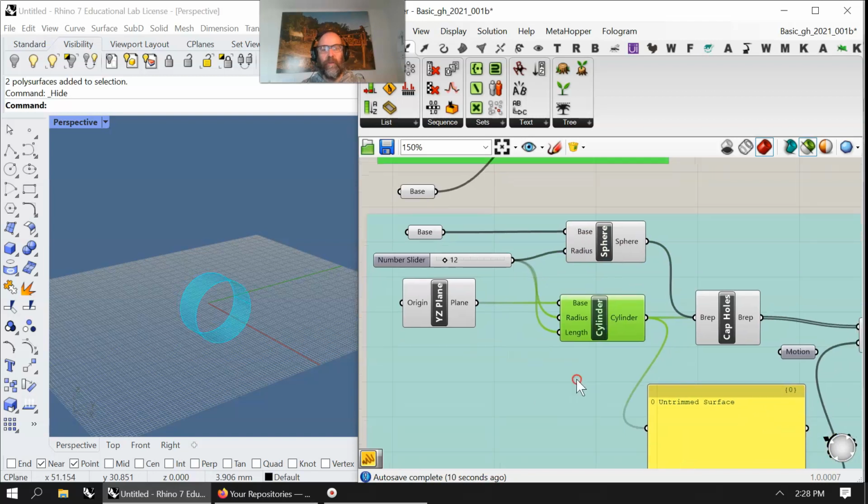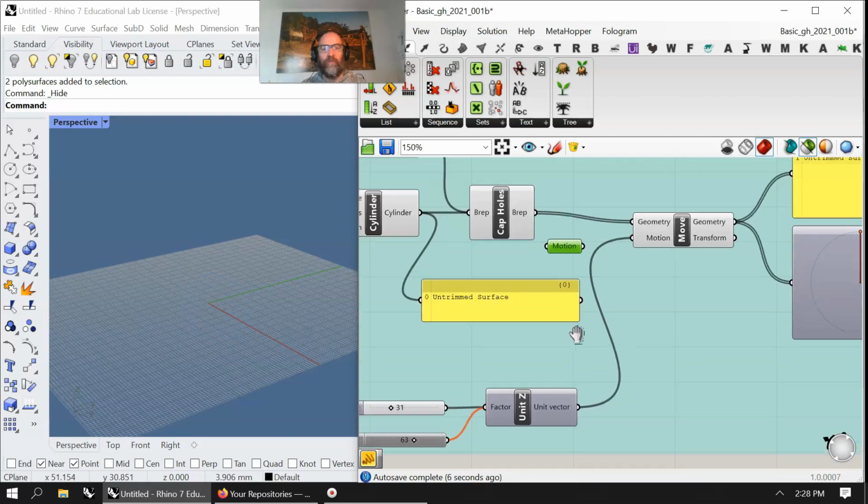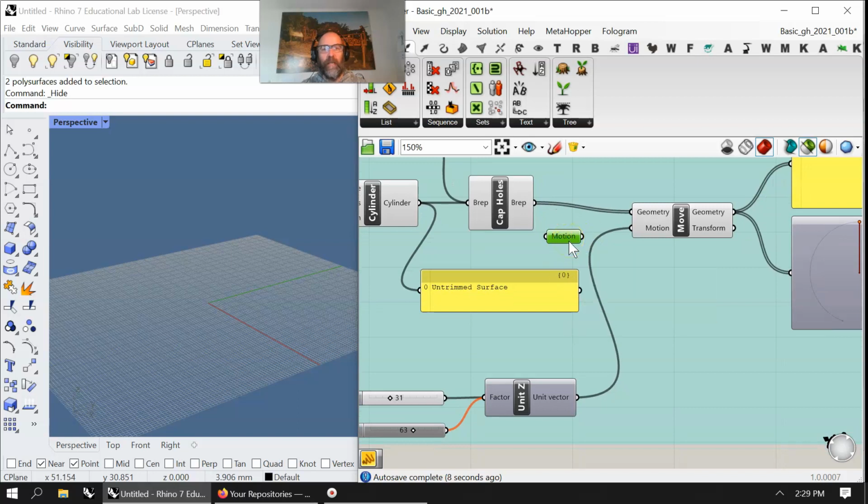The cylinder was here. I threw a cap on it. Now, the one thing different with the cylinder was I went from the base plane, which was an XY plane, and I decided, well, why not turn that into a YZ plane? So I did rotate it like I did the other one, keeping track of the panel tool of what I'm seeing. I extracted the motion. I realized it was a Z motion, 0, 0, 10,